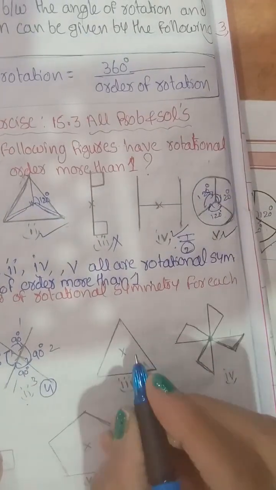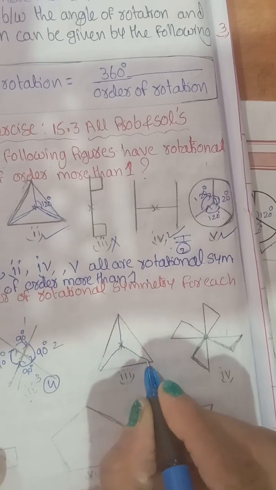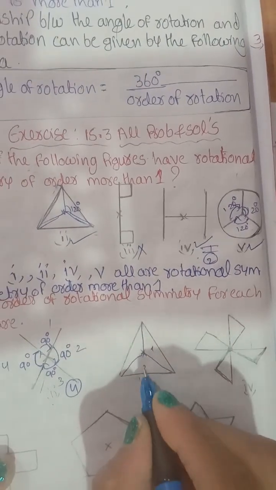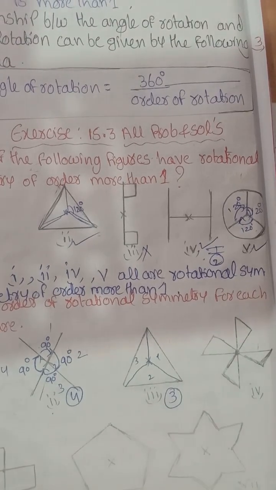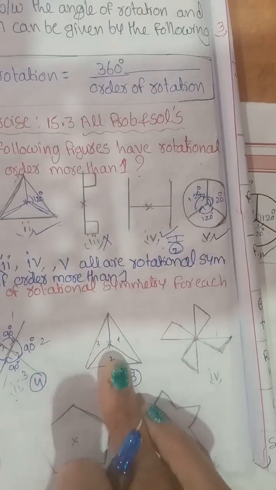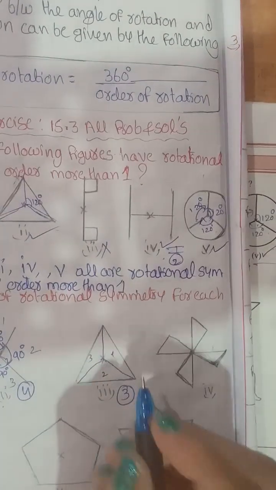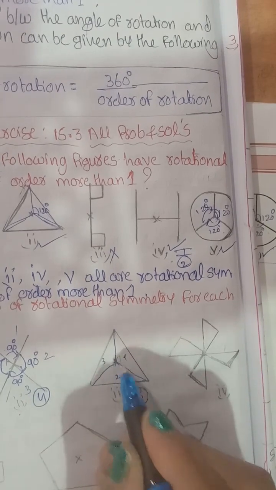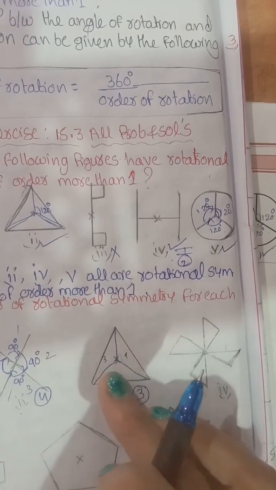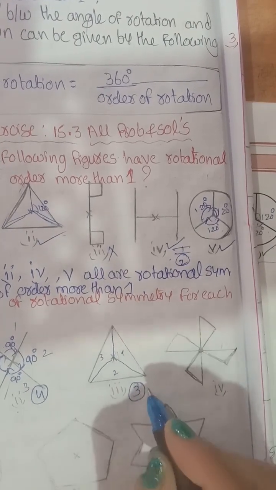Okay na? Next is the third figure. Third figure is also an equilateral triangle. Equilateral triangle means 3 only. 1, 2, 3. So order is 3 only. Very simple, you can identify very easily and simply write it only. This is also 120 degrees. Every time we rotate it by 120 degrees, we will get the same position. So the order is 3 only.